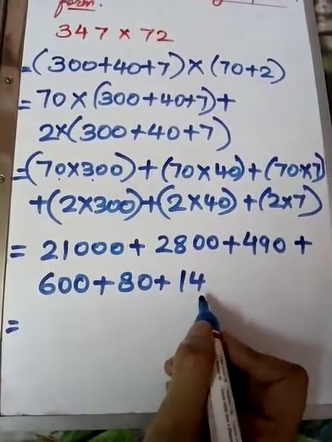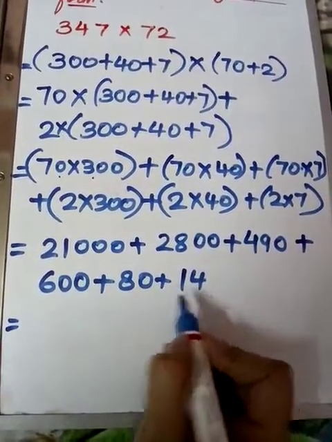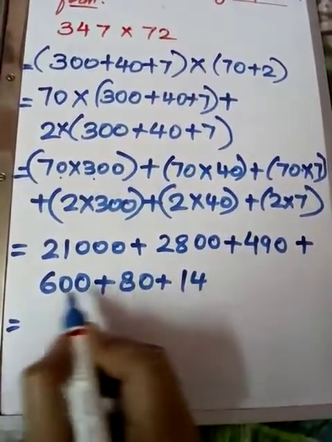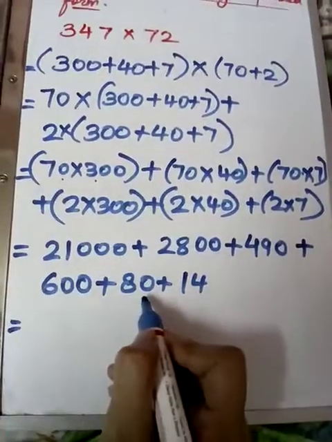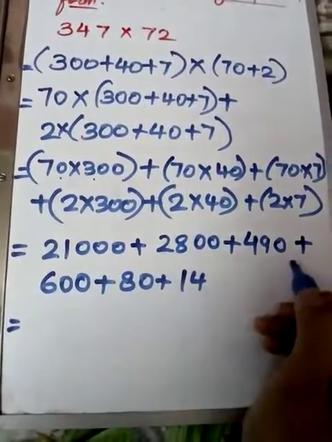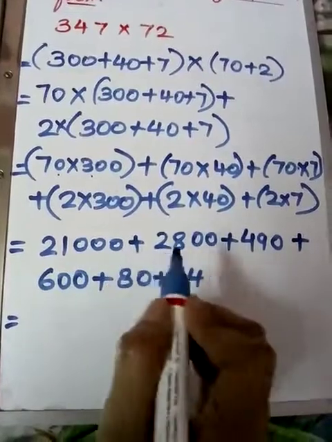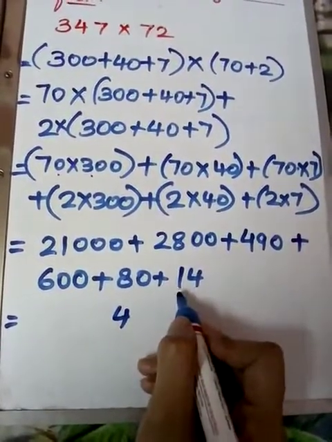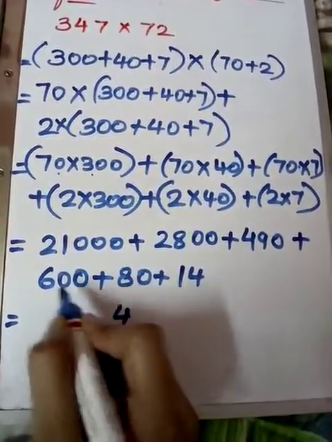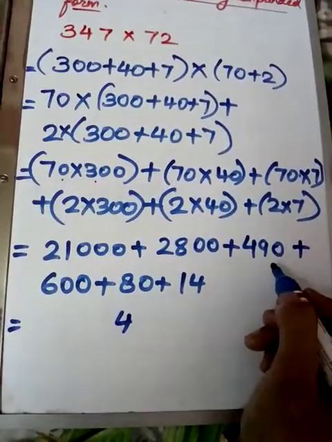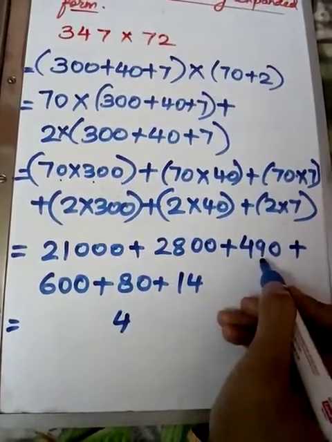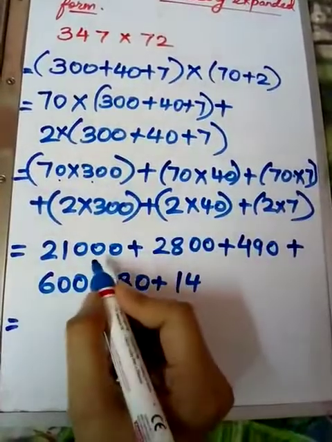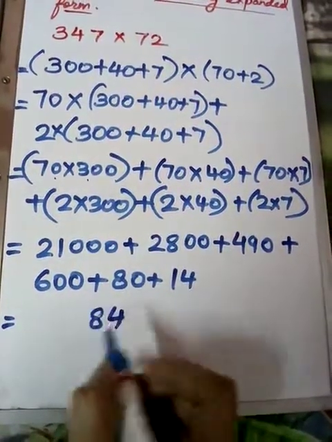Start with the ones place. This is the ones place, 4. Now concentrate on the ones place of every number. 4 plus 0 is 4, 4 plus 0 is 4. So only 4 is there, the rest are 0. Now concentrate on the tens place. 1 plus 8 is 9, no digit. 9 plus the tens place, 9 plus 9 is 18. Tens place 0, so no effect. So far 18, 8 carry 1.